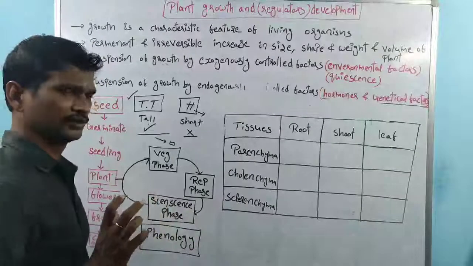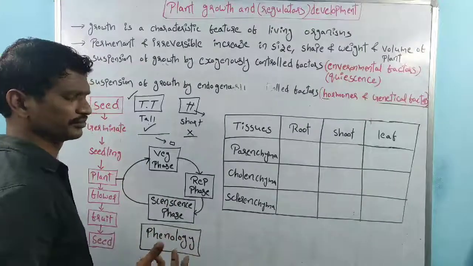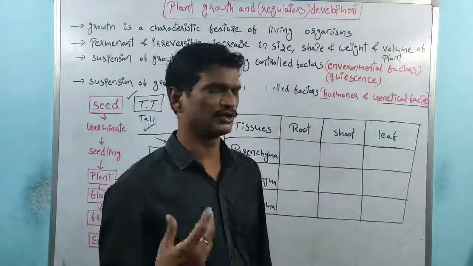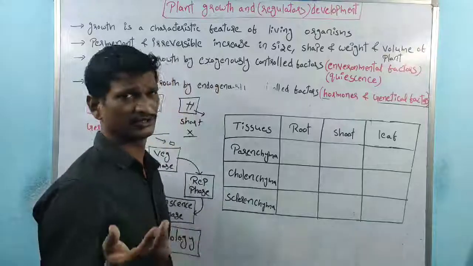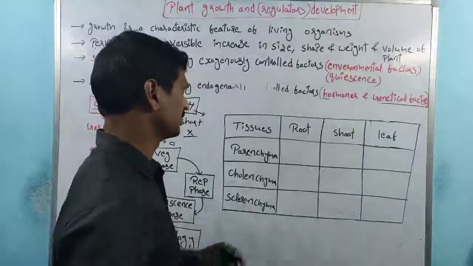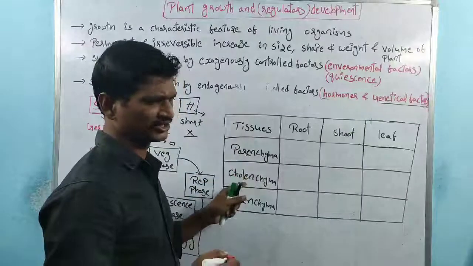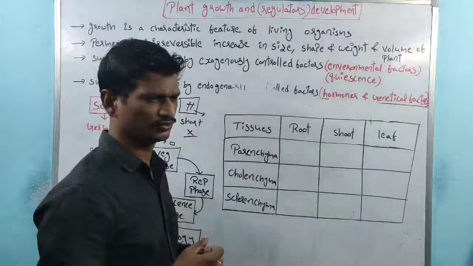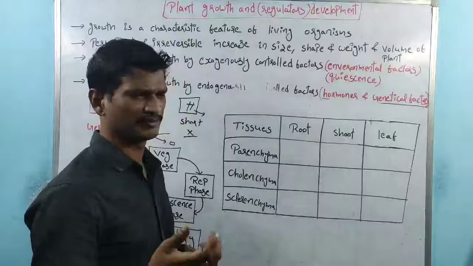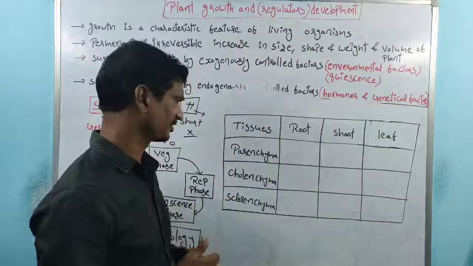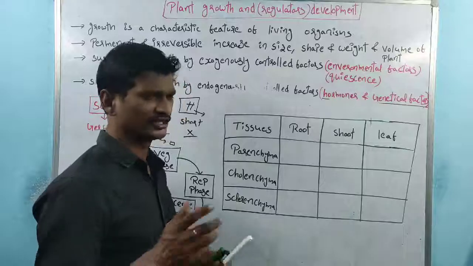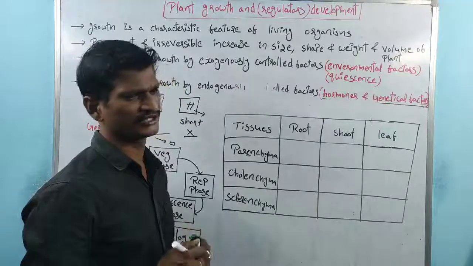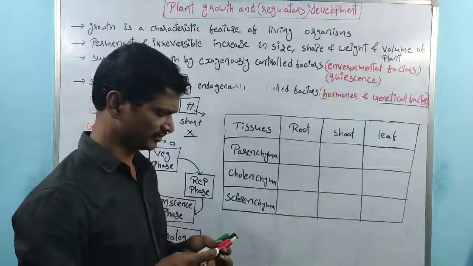This is one of the tables. We know about tissues because in the first year we discussed tissues and their arrangement or orientation within plants. Basically, three types of tissues are present in any plant. Parenchyma is the soft, living tissue. Collenchyma is a mechanical tissue and is living. Sclerenchyma is a mechanical tissue and is dead. These are distributed in different positions in different plants.